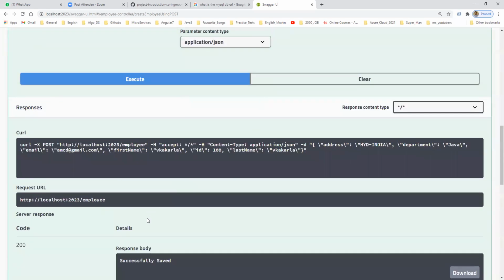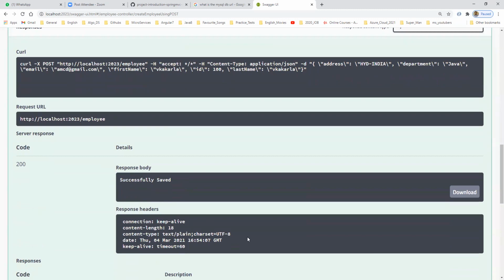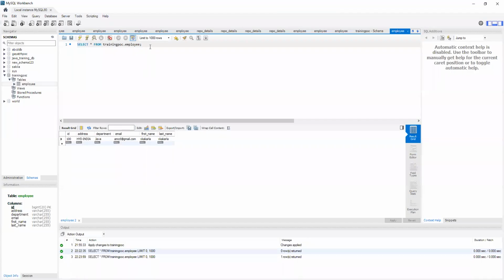I have submitted it. Did this create a duplicate record? We need to check the same record. Let me check. Obviously we have only one record. Spring Data will take care of the duplications. Every time it will check whether the same object is available in the database. If it is available, it automatically overrides with the current values. If it is not, it will simply create a new record. So this is what the save operation does.